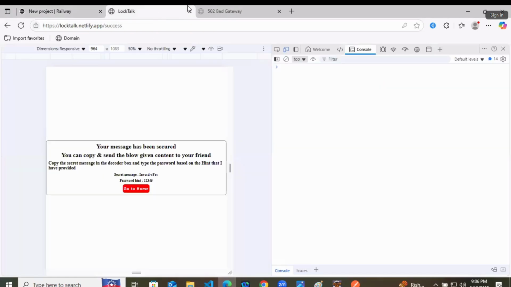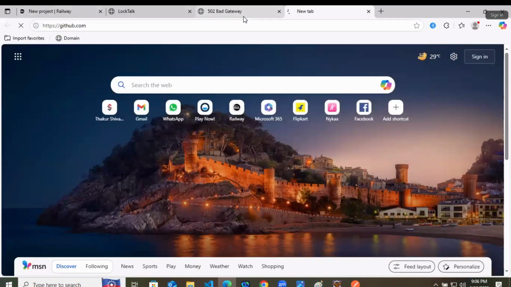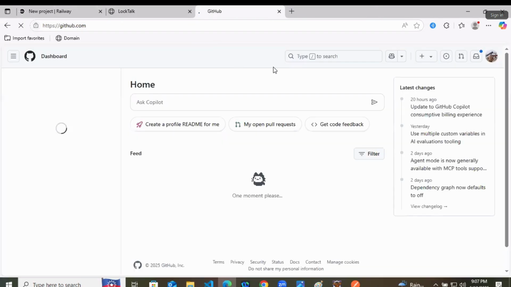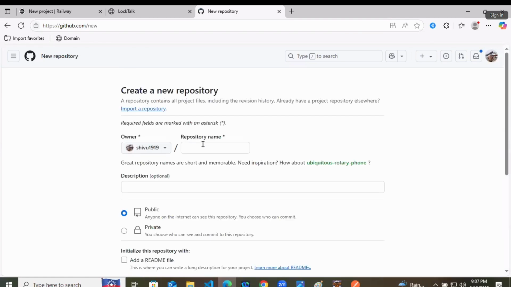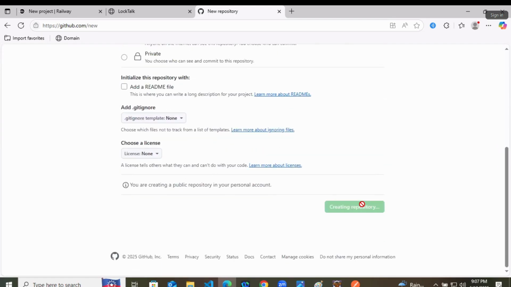So I will go to my GitHub and here I will create one repository, that is locktalk hyphen sb, meaning Spring Boot. Create repository,